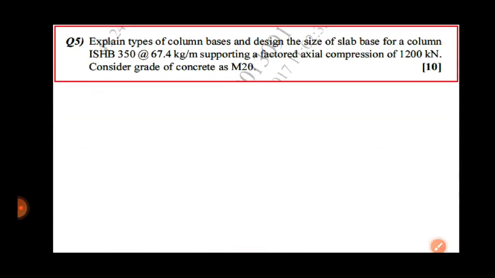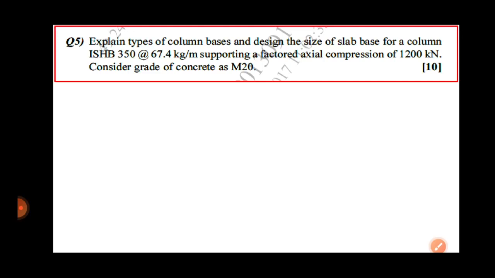So dear students, today we are going to learn numerical on design of slab base. First of all, we will see few previous numericals which are asked in the university question paper. The first question is explain types of column bases and design the slab base for a column of ISHB 350